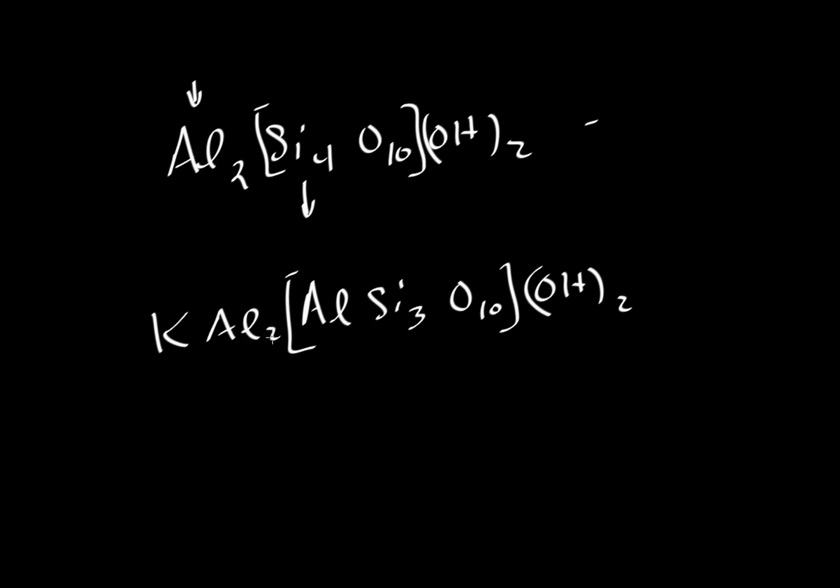Again, we'll put in potassium to satisfy the charge that we lost in putting in an aluminum, and this fellow is muscovite. Let's write that a little bit more neatly. So this is the mineral muscovite. And as a final variation on a theme, instead of having 1 out of 4 silicons replaced by aluminum,